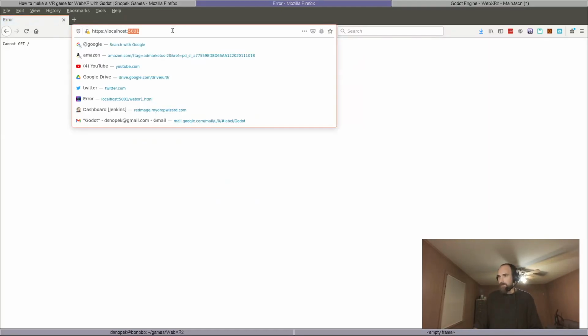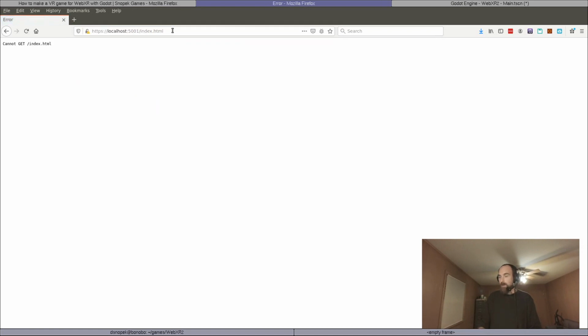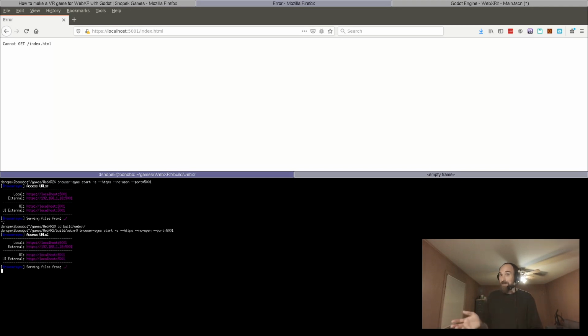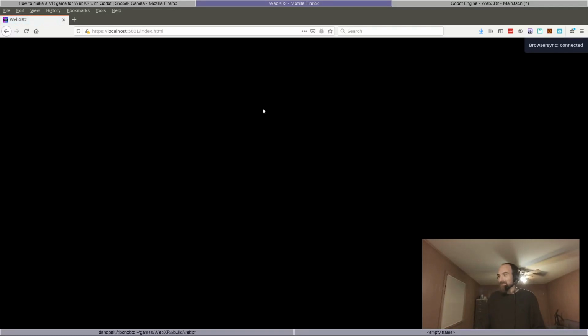And it cannot get slash. Come on. Do I have to do index.html? Oh, I know what I did. I started this without actually going into the directory where the export was done. All right, this is how you know I'm not faking this. All right, and now it's loading